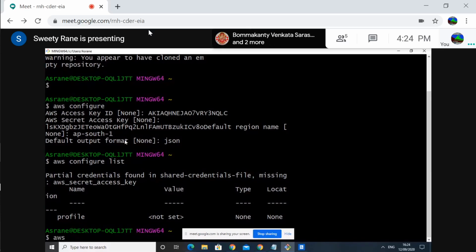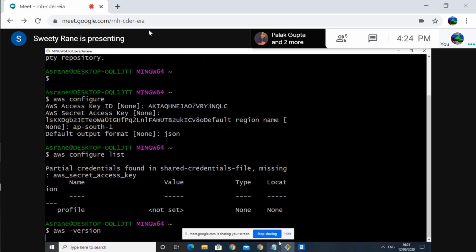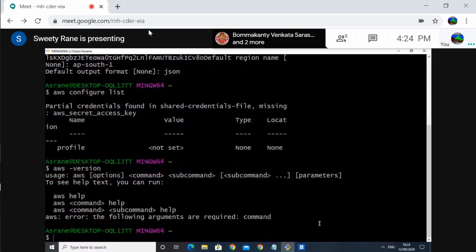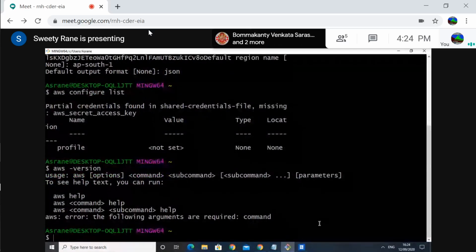No, dash dash version. Yeah, just type aws --version.